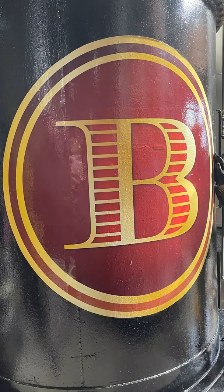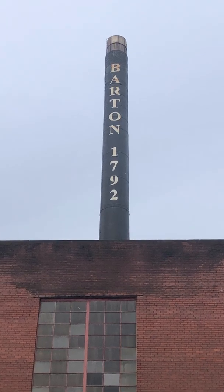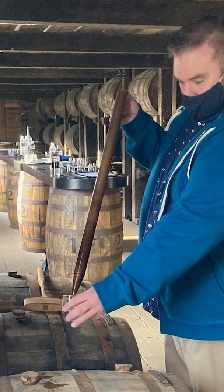Day 2 started with a trip to the historic Barton Distillery, whose 6-foot-wide column still produces a staggering amount of bourbon, including the award-winning 1792 brand. Using a barrel thief, we pulled samples of 1792 full proof straight from the barrel and picked a cask that